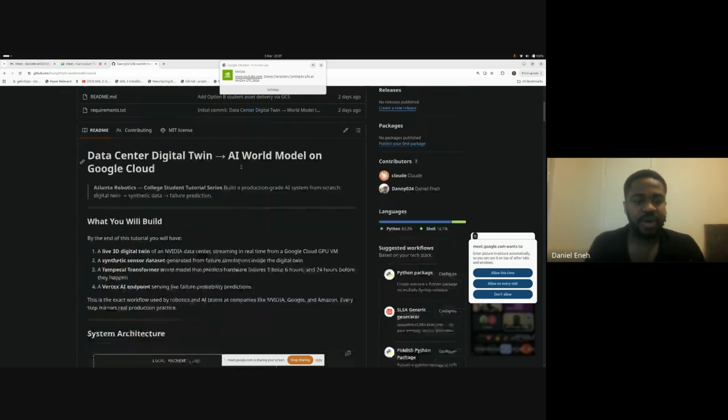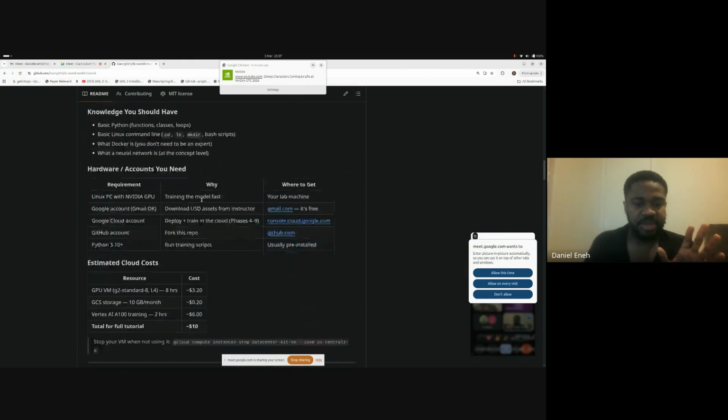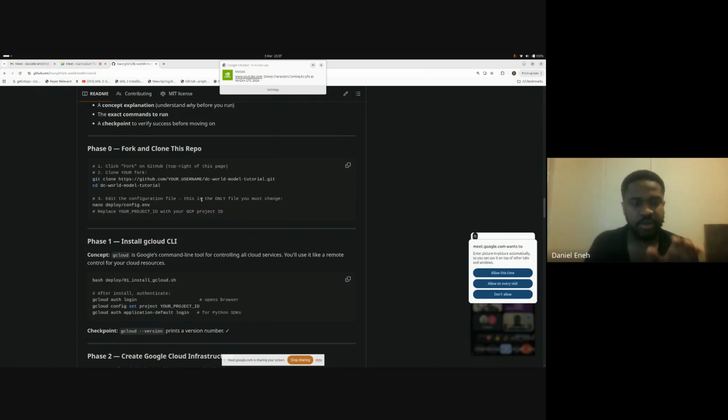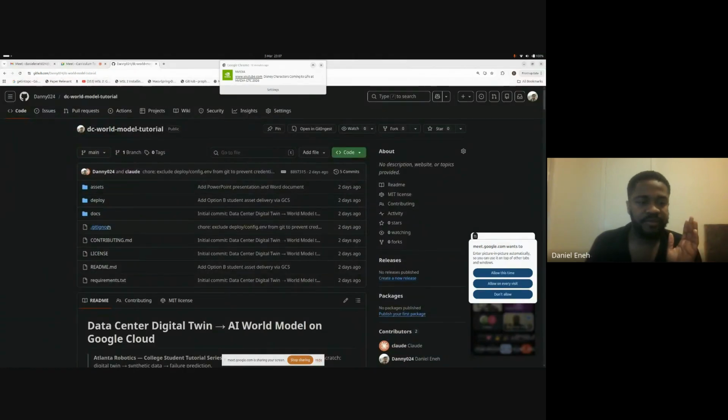So this is the repo which I've created. Everything is very straightforward, step by step. I have made sure that if you follow it step by step, you'll be able to fork the repository. If you know how to create your own GitHub repo, you fork it, you go there, you follow. I've written scripts that you just need to run. So the first thing is how to use this repo. Once you come to the repository, you fork it. It means you create your repository. You click this fork, and you have your own. Fork is like having your own copy of the repository. So you have your GitHub account, create your repo, do that. Then you can clone it.